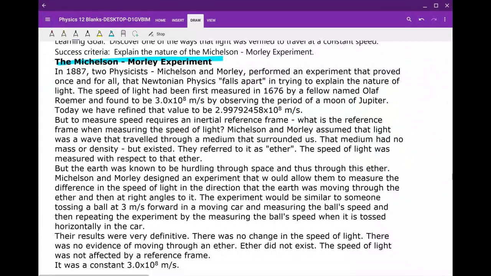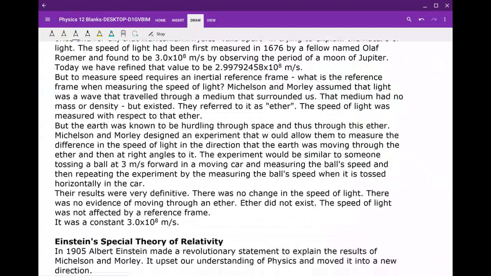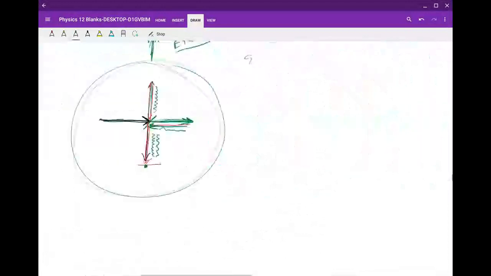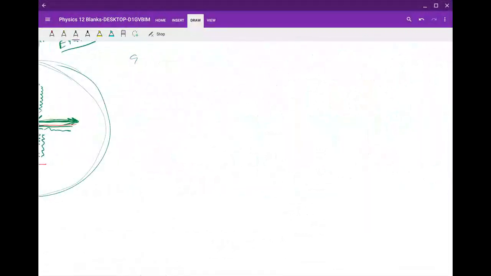Anyway, so there was that guy there. There was some other guy. The guy who actually measured light was this guy, Romer. I don't know how to say it. This is a pretty cool experiment as well. Basically, what he did is he had Jupiter here, and then he had the moons of Jupiter,